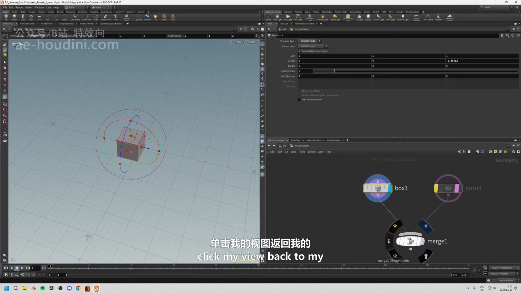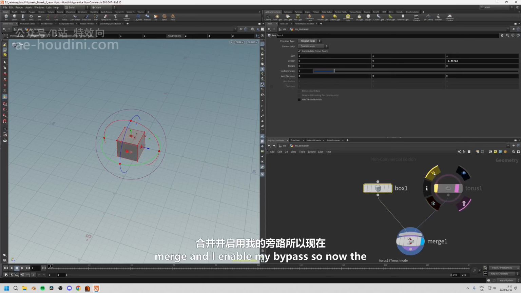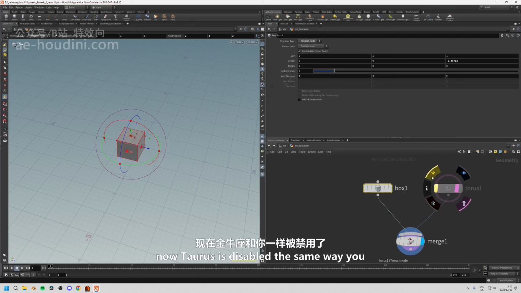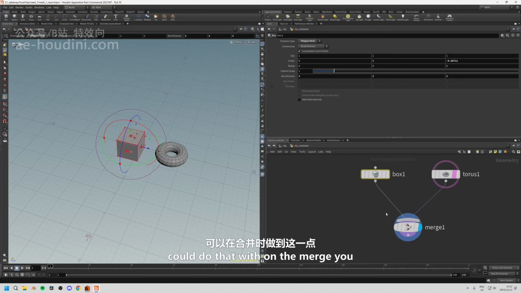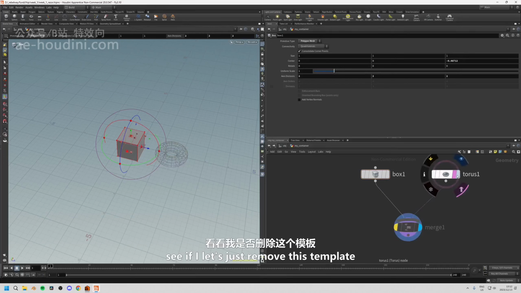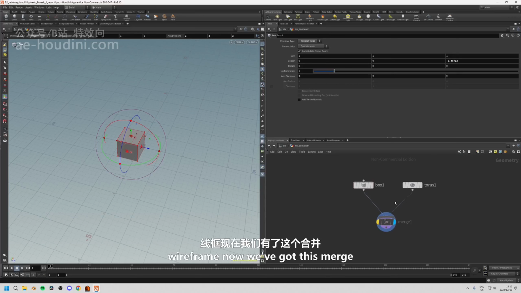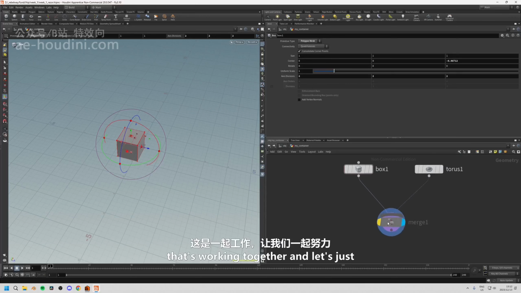So if I click my view back to my merge and I enable my bypass, now the geometry is back, the torus is back, and now the torus is disabled. The same way you could do that with the merge, you could disable the merge. If I remove this template from this by clicking on it again, we no longer see that wireframe. Now we've got this merge that's working together, and let's enable it again,